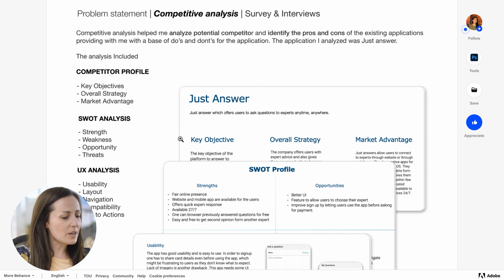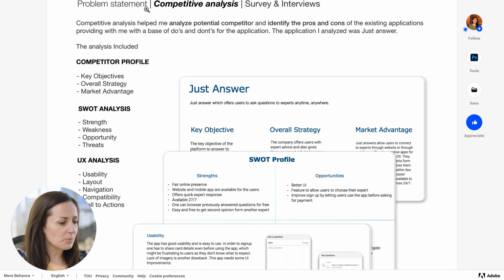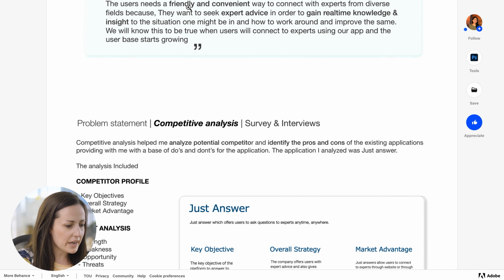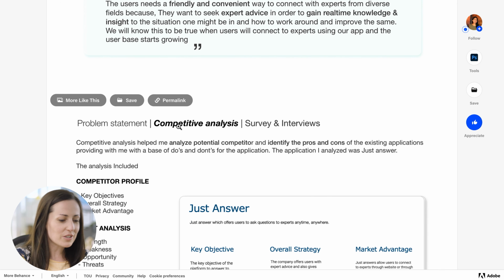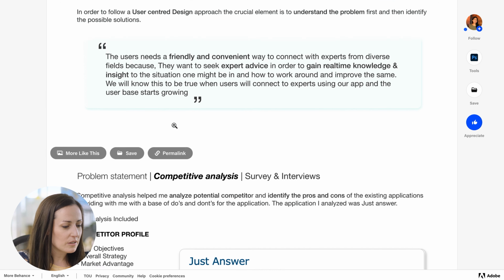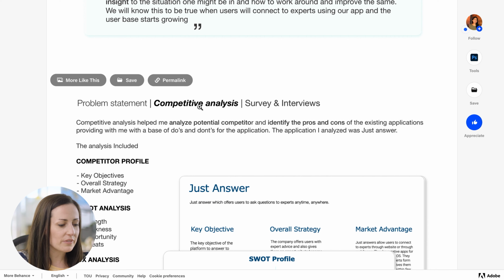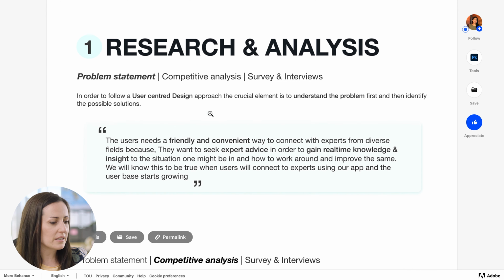The one thought that I'm having as I'm reading this part is that I had to search a little bit for the information that I wanted. It's almost a bit of UI, UX design going on with me looking at this portfolio, but I actually didn't realize that this competitive analysis word here was the heading of what I was looking at.